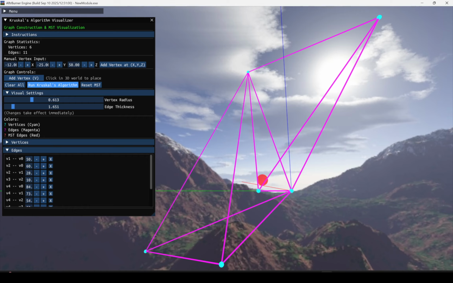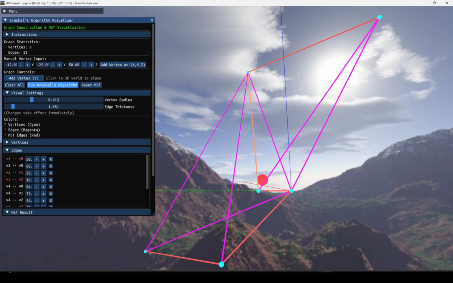Kruskal's algorithm will be activated. The core algorithm is triggered by the run Kruskal's algorithm button, and it relies on the disjoint set union data structure. To optimize the performance, I have utilized path compression and union by rank methods. Before the algorithm runs, all edges are sorted by weight to satisfy the greedy property required for finding the minimum